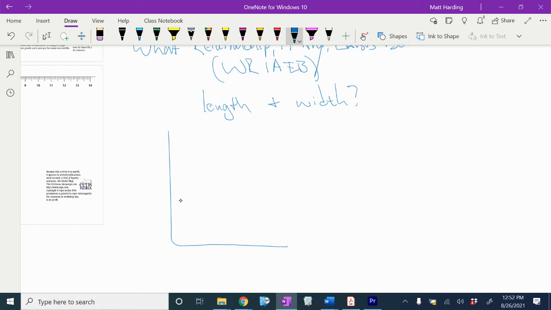Length. Okay, and then make sure you include your units of measure there. And then that leaves for the horizontal axis width, units. Sometimes the choice is not arbitrary, but in this case it kind of is. So there we go. You already probably have some idea how this relationship works. But you're going to graph this in